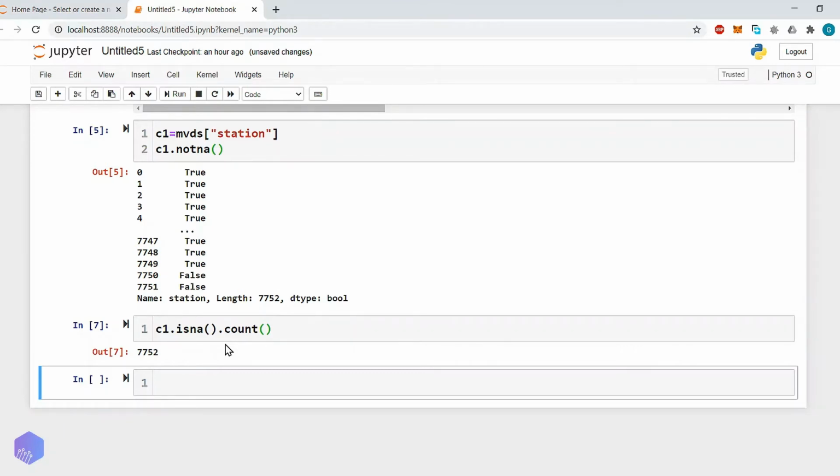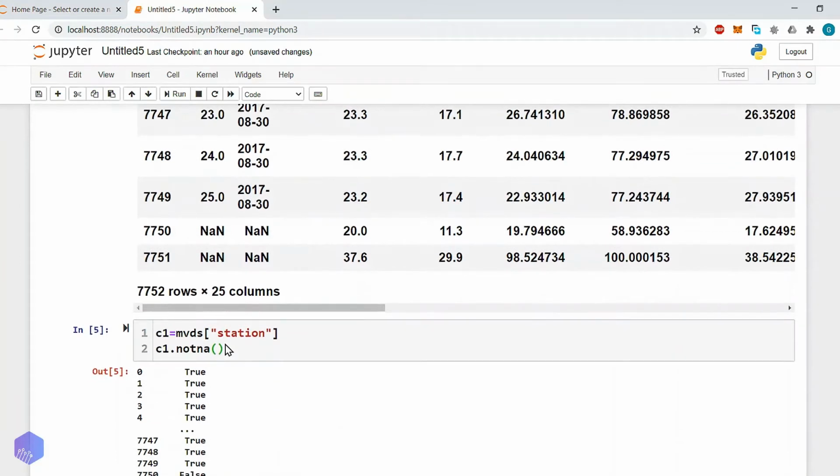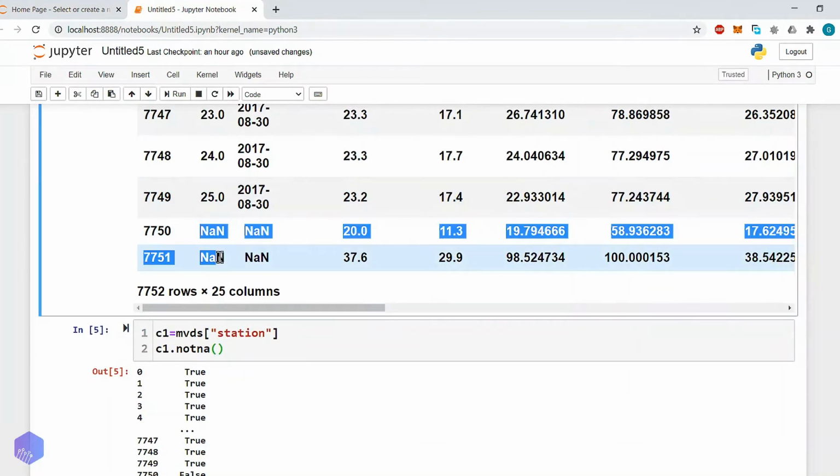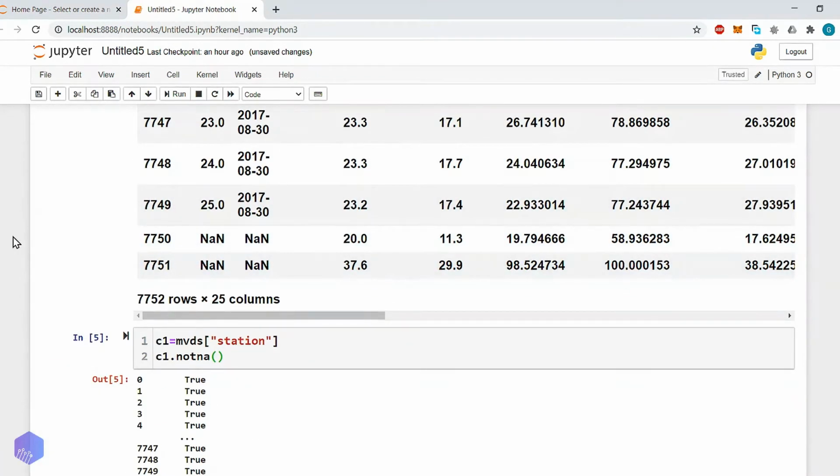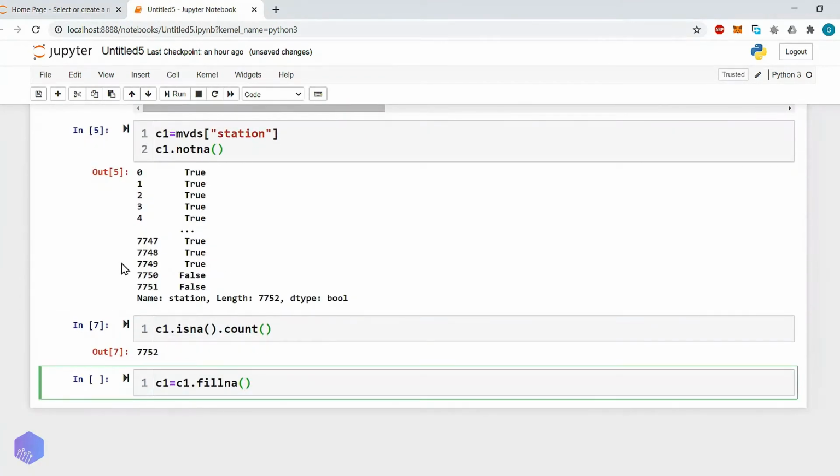Now let's say we want to fill this missing value with some specific value. In that case we can use fillna, fill not available value. So c1 equals c1 dot fillna, and let's say we want to replace those missing values with 25.